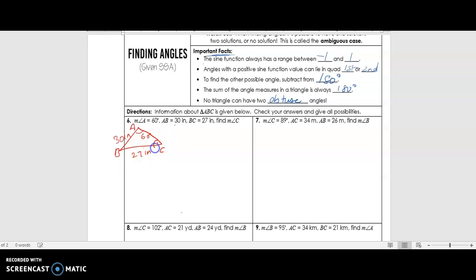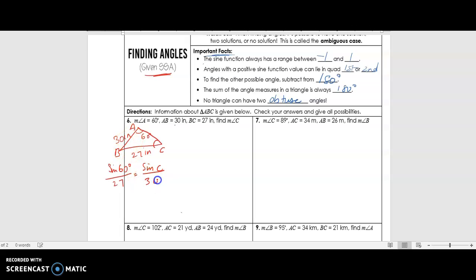We need to find this measure. So this time we are asked for angles. That's why it is given side-side-angle. We have two sides and one angle, but we need to find the other angle. We don't have to find the third angle for now. Using our law of sines, we use the knowns: sine 60 over 27 must be equal to sine C, which is what we need to find out, over 30